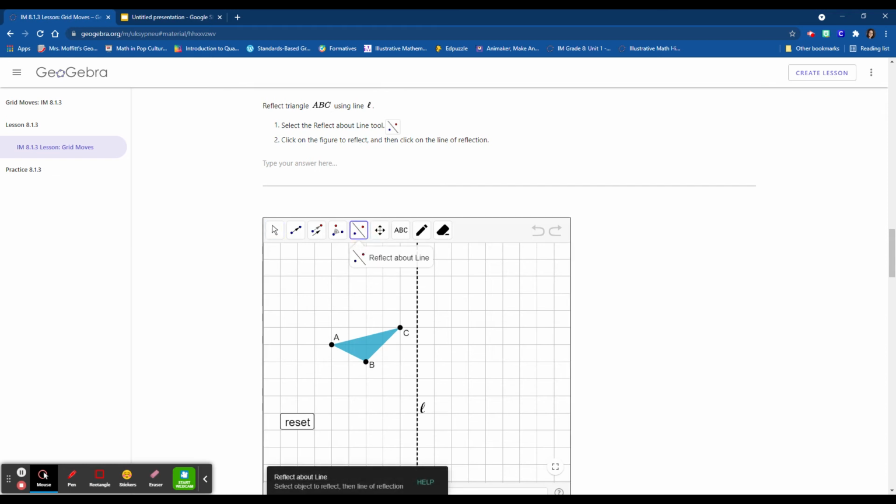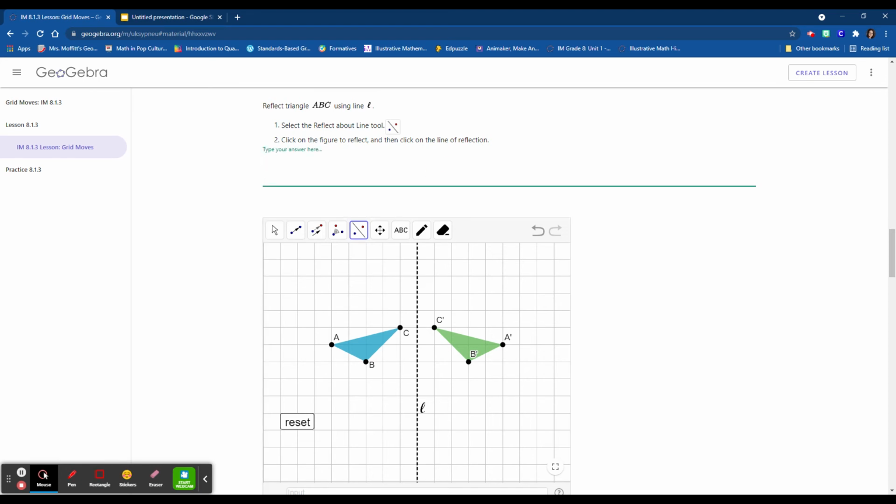Step 2 says click on the figure to reflect and then click on the line of reflection. Well, the figure is the triangle, so I'm going to click on the triangle, and then it says click on the line of reflection. Well, this dotted line here is labeled line L. It's a cursive L. I'm going to click on that anywhere along that line, and that blue triangle has now been reflected over line L. All right, so again, there's a little box where we can type some information here on task number 6. I'm just going to type that a reflection, which is a flip, or we've been saying a mirror image, right? A reflection or a mirror image,